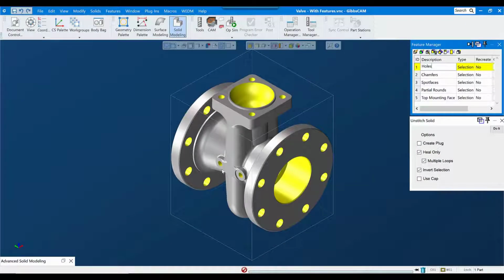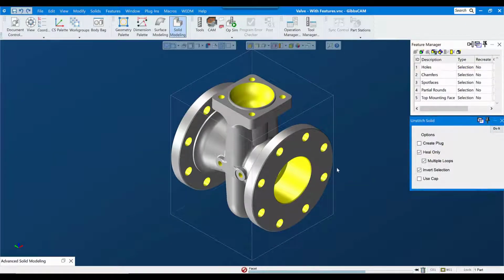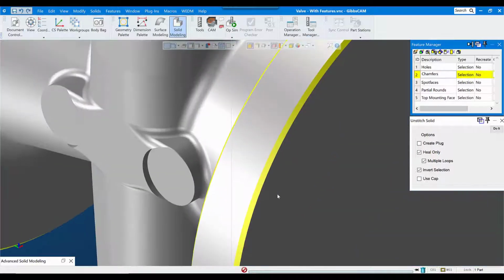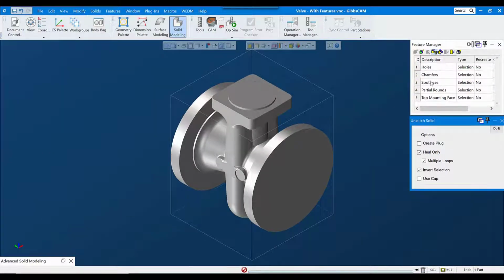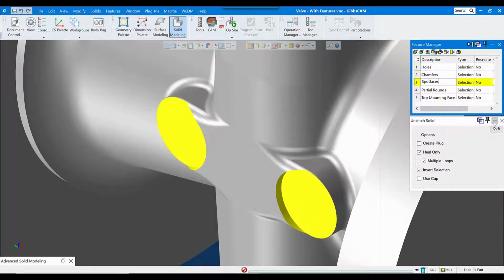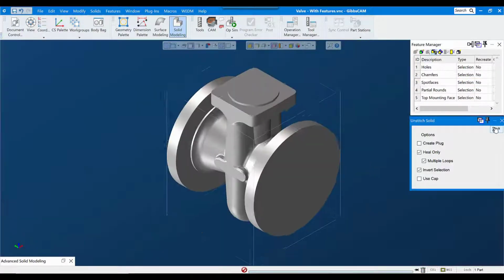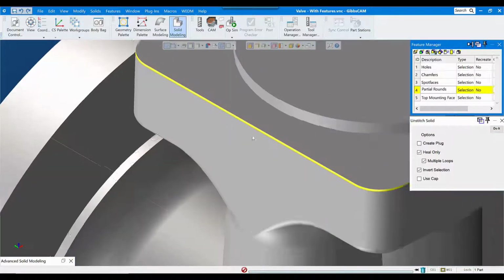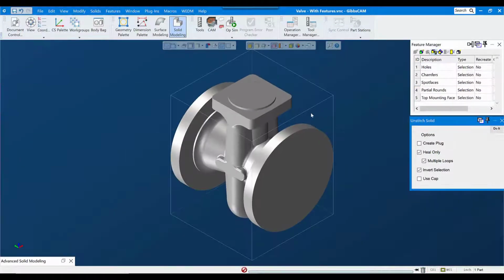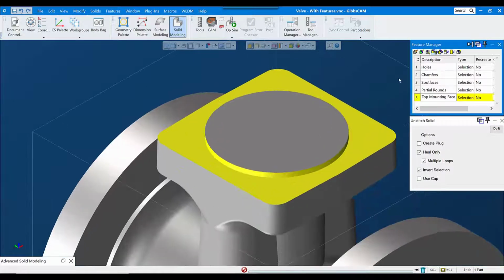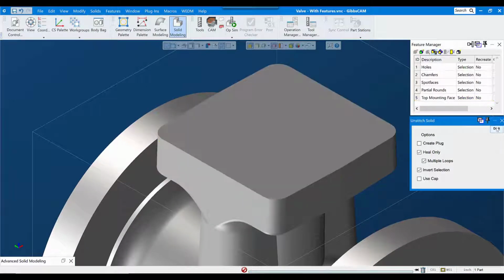In this tech tip video, we will be looking at the Unstitch Solid command, which is found in the Advanced Modeling palette, as a tool for defeaturing a model. We'll start by looking at the basic functionality and maybe a few different ways to apply it, and then we'll look at a more advanced selection method that might help when you have a part with a large number of